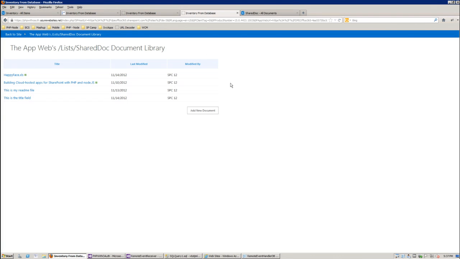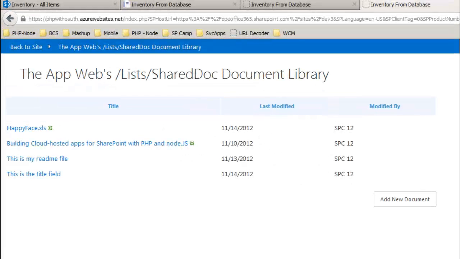Here are the documents inside of SharePoint, except now I'm looking at them from a PHP page instead of a SharePoint page. So I can do a few different things here to the document. If you see this little green icon right there, that icon indicates that this item is currently checked out by somebody inside of SharePoint. So you can figure out things like that and do that in your UI